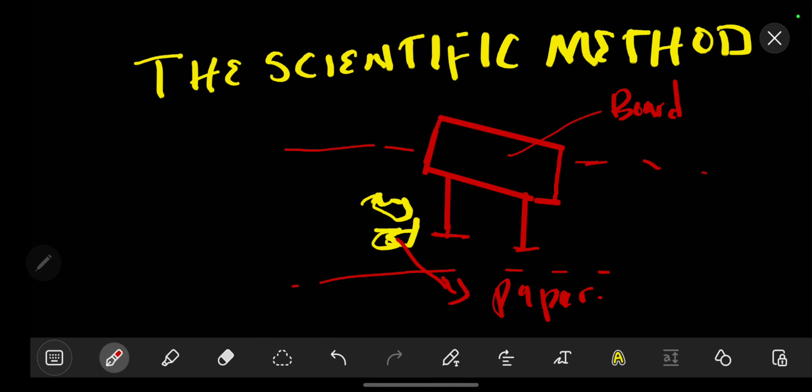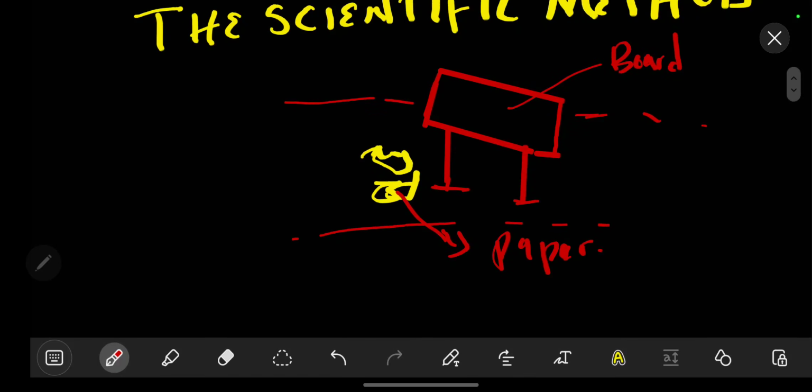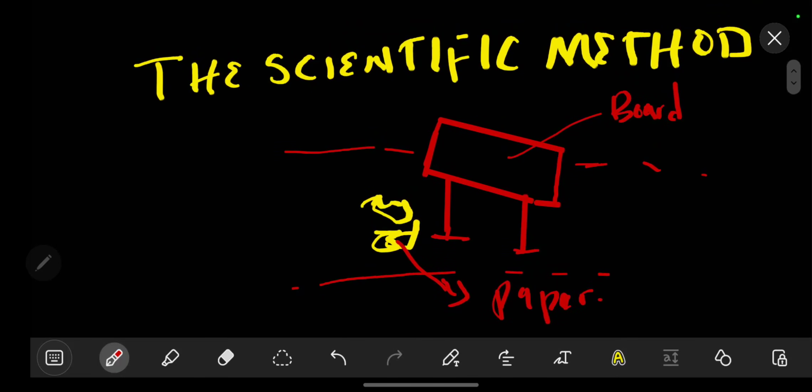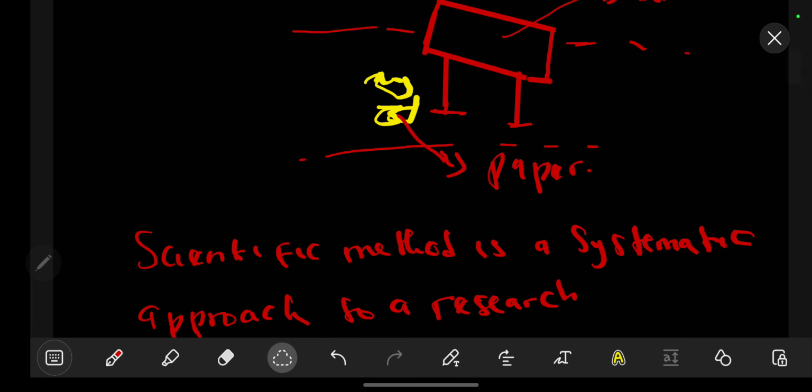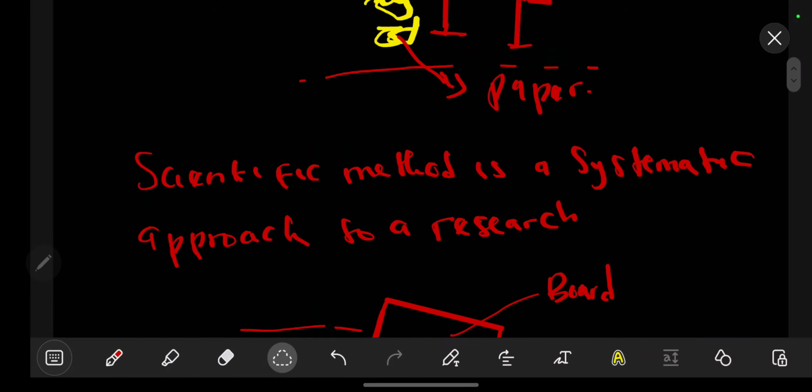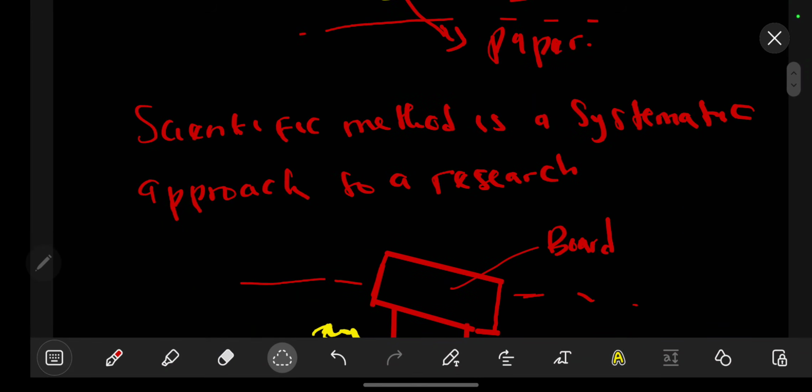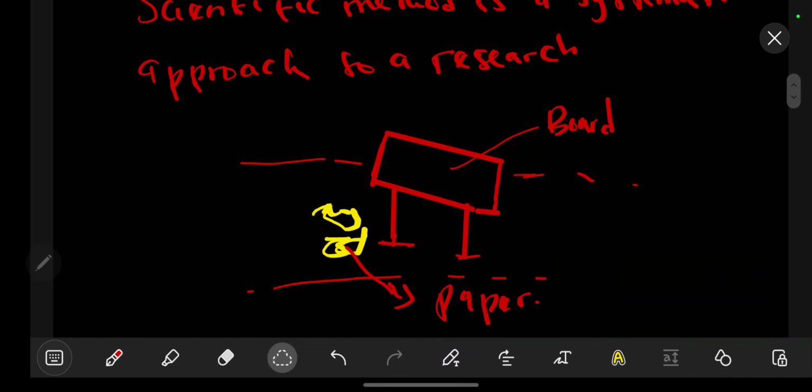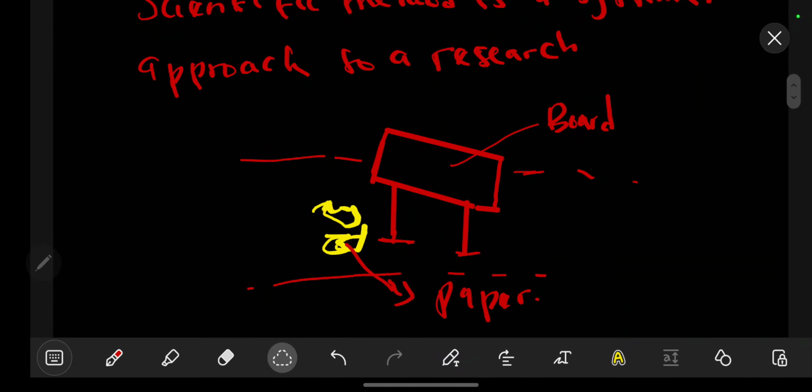So here today we are going to be looking at what we call the scientific method. The scientific method is simply defined as a systematic approach to research. So this is our definition. Now the scientific method has 5 steps. Now if we look at this, here is a simple illustration to help you understand what the scientific method is